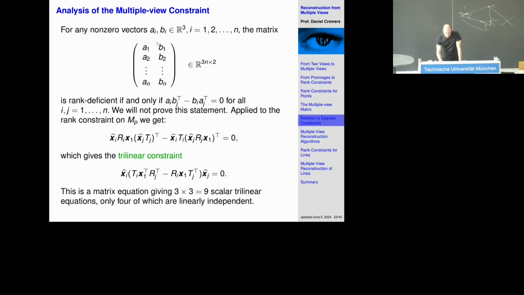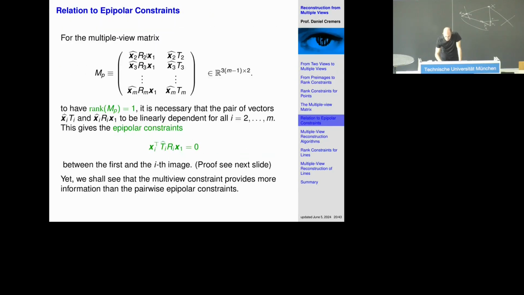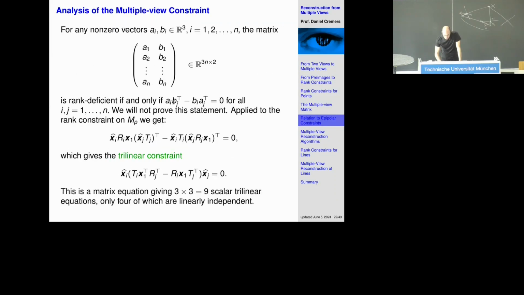And this is one, because what we can do now is take this statement from linear algebra and basically rewrite the rank constraint into these so-called trilinear constraints. Why are they trilinear? Because if we write that out for our matrix, here it is. AI involves x2 and x1, and BI involves x2. And now we have the statement AI bj transpose minus BI aj transpose is 0. If we write that out, this is what it looks like. This is the expression here. It's a little bit heavy, lots of symbols here,